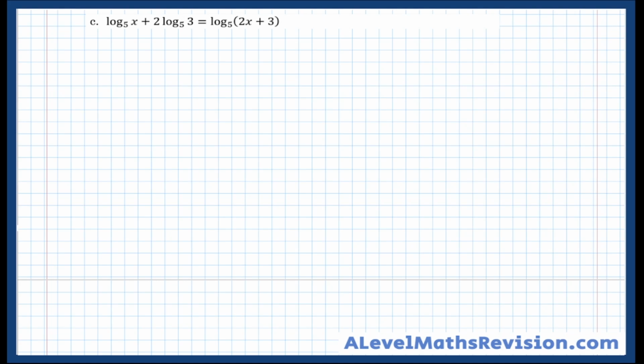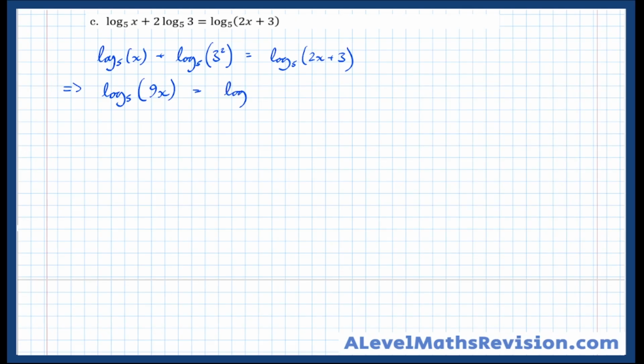You might want to pause and have a go at it yourself. So log to the base 5 of x plus, and let's use the power law now, log to the base 5 of 3 squared equals log to the base 5 of 2x plus 3. That then implies, combining those terms, log to the base 5 of, and this becomes 9x, using the addition law, equals log to the base 5 of 2x plus 3,